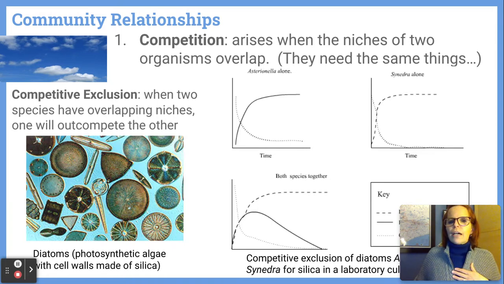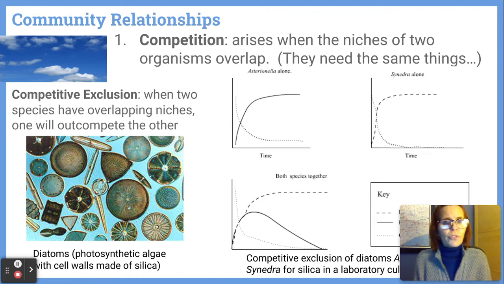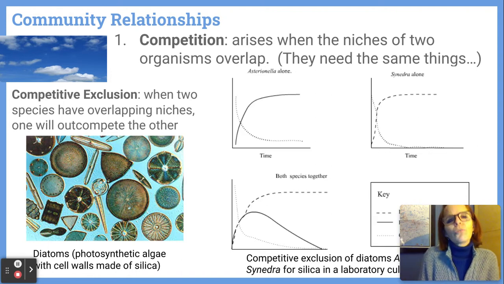So this term you might not be familiar with is called competitive exclusion. And that's when the species have overlapping niches. They actually, one of them outcompetes the other and one of them disappears. And so that's called competitive exclusion. Even though they could both survive in a particular area, only one of them survives and the other is forced out.